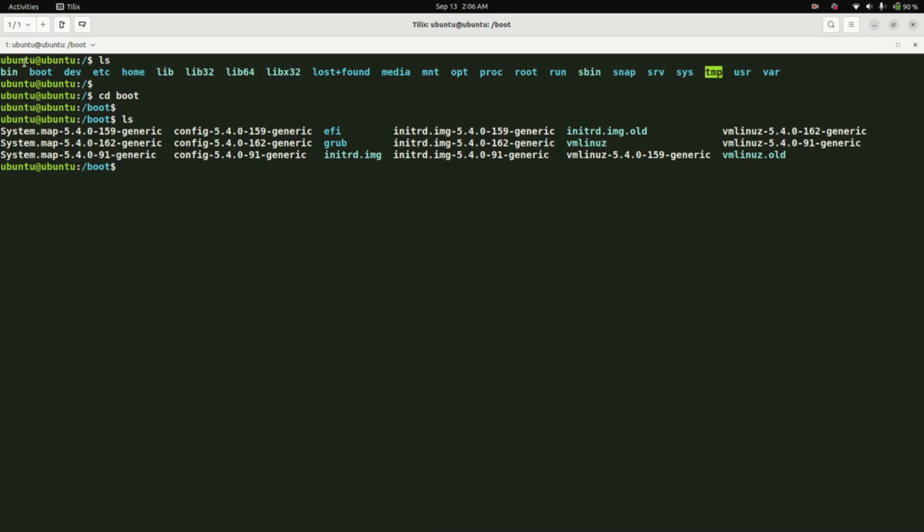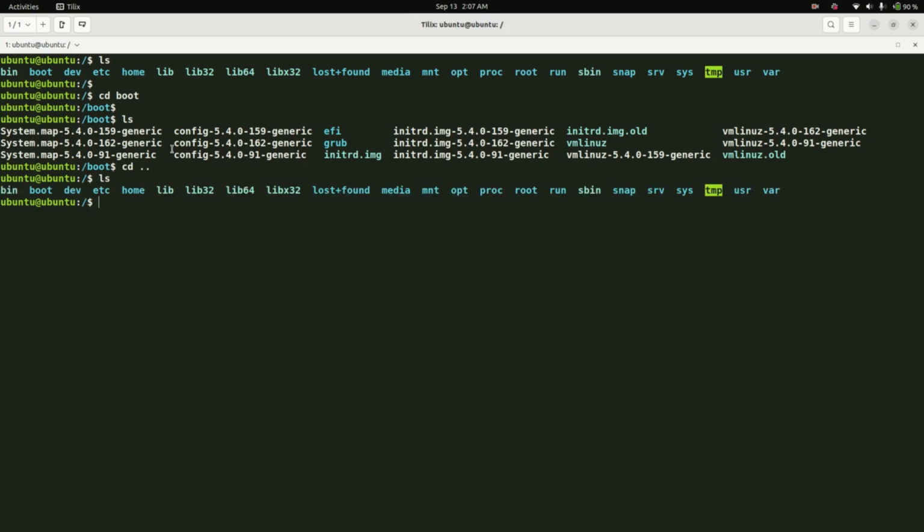So the boot directory contains all kinds of files and folders that are used during the boot time. It contains static bootloader executable files, and then the configuration files required to boot a Linux computer. So basically it contains data related to the booting part. And now going back to the